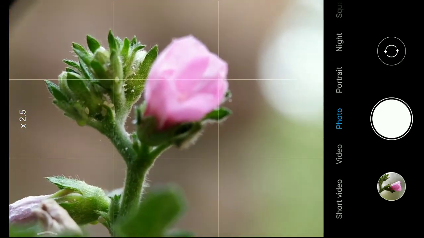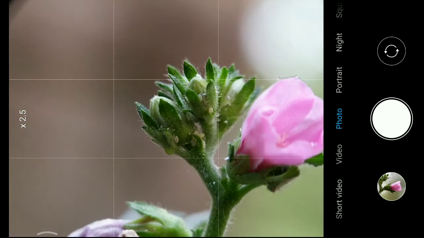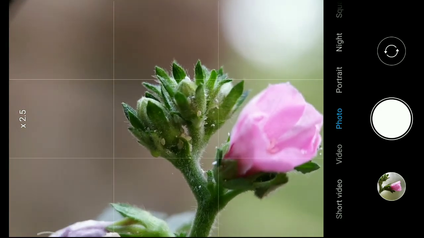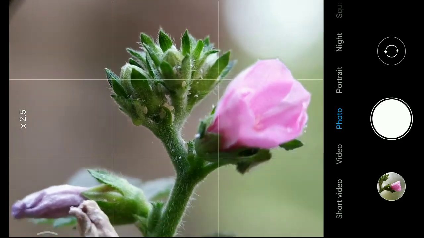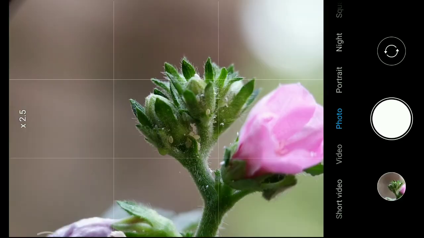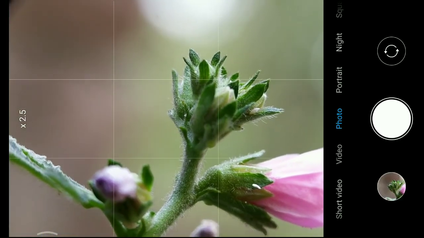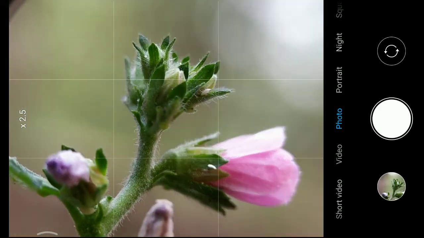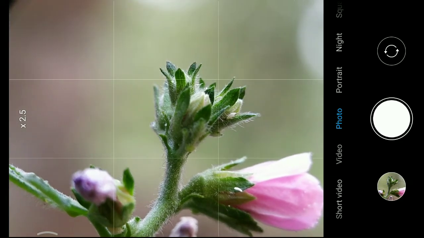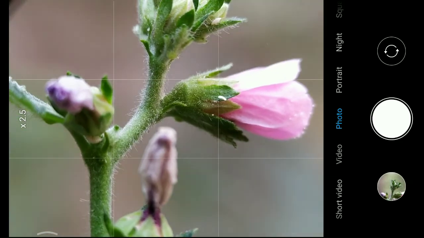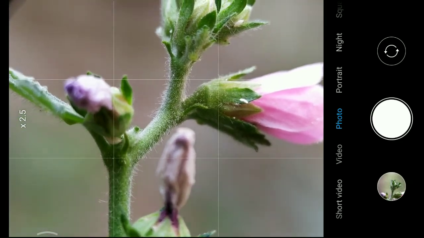Because when you zoom, I think the aperture or something increases, and for that reason your blur increases. So just check how I am getting this kind of photos, and I am in 2.5x zoom, as you can see properly. In the next video I will show you how you can darken your background.